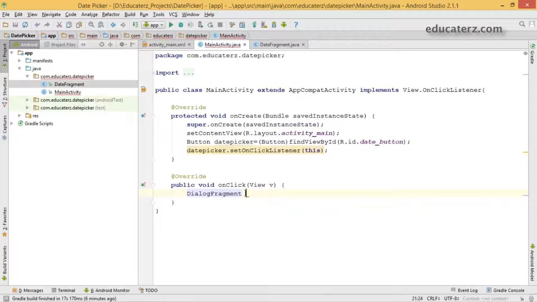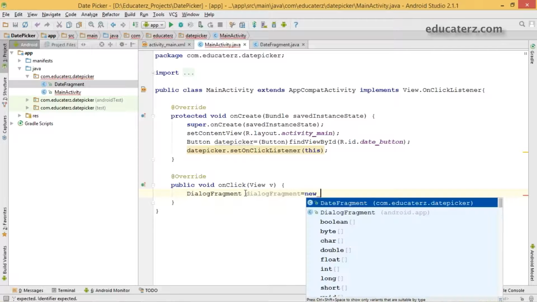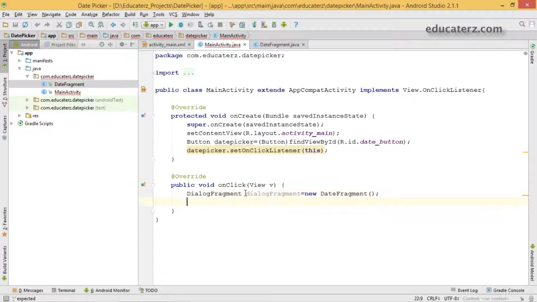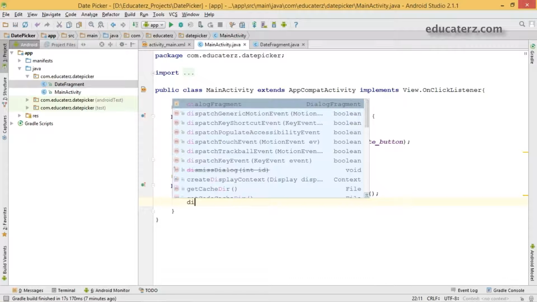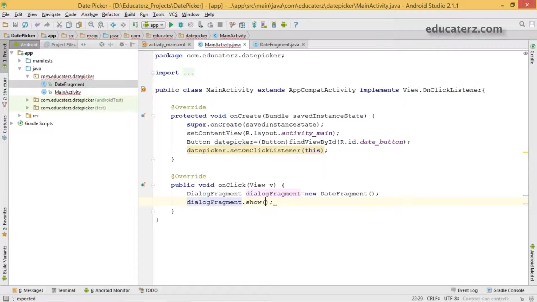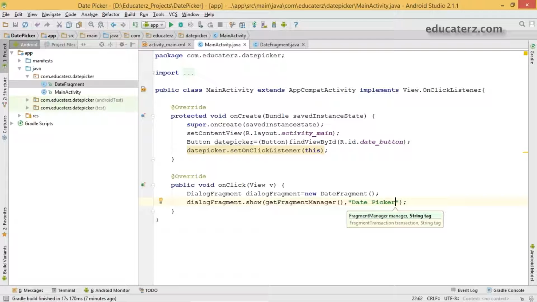Get an instance of dialog fragment, that is new date fragment, and call show method on this dialog fragment object dot show, which is going to take the fragment manager. Simply call get fragment manager, and the next one is a tag, that is going to be date picker.